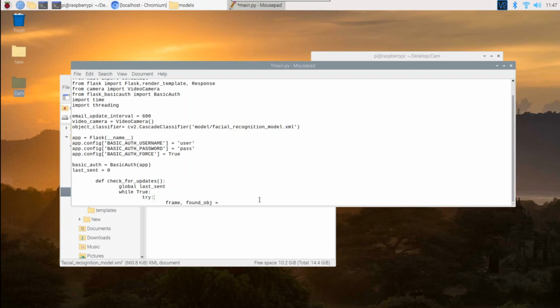So frame, found_object equals video_camera, this is the name of our object that we created over here. So video_camera.get_object, it was underscore, my bad, get_object, and as a parameter we need to pass in the object classifier,